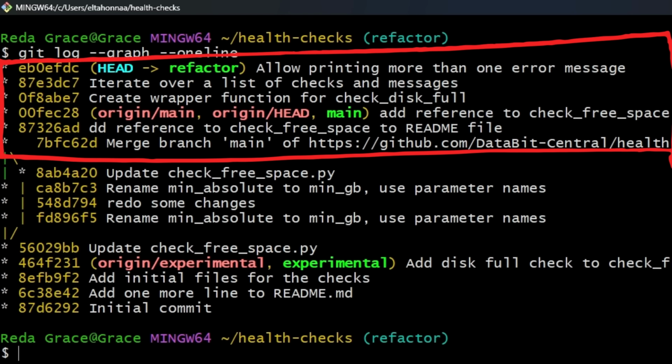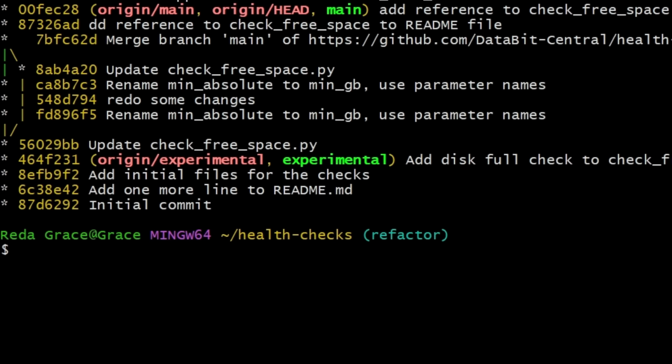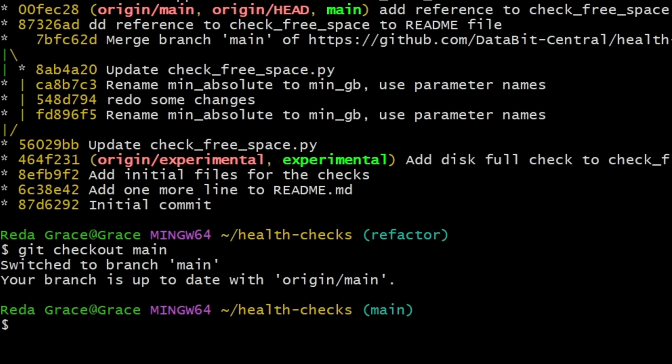We're ready to merge our commits back onto the main trunk of our repo and have this fast forwarded. To do that, we'll check out the main branch and merge the refactor branch. We were able to merge our branch through a fast-forward merge and keep our history linear. We're now done with our refactor and can get rid of that branch, both remotely and locally.